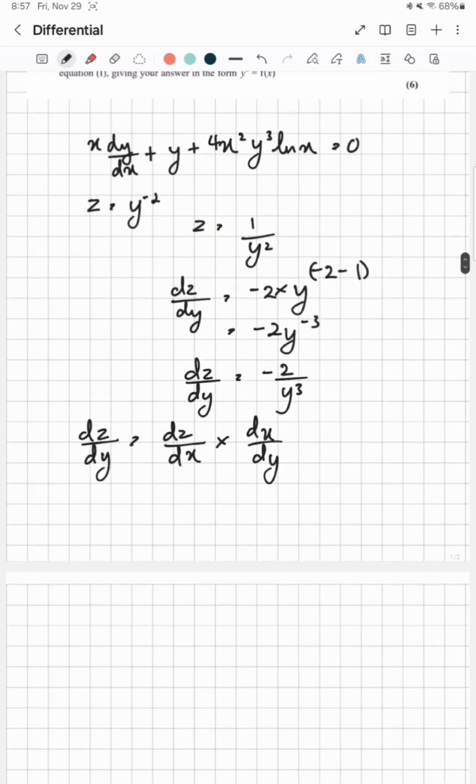And then we found dz over dy, so we can write minus 2 over y to the power 3 equals dz over dx